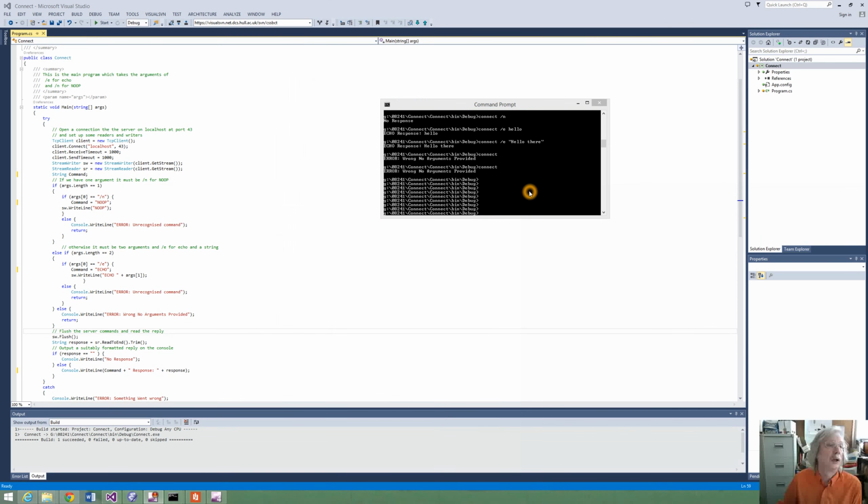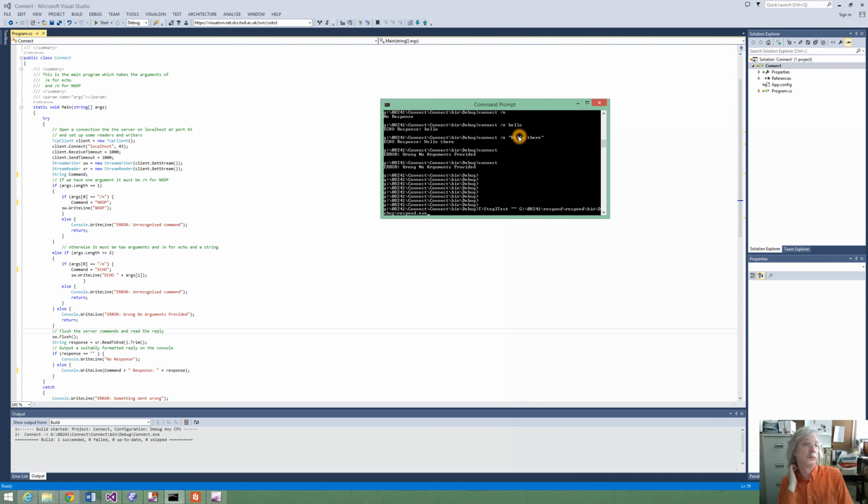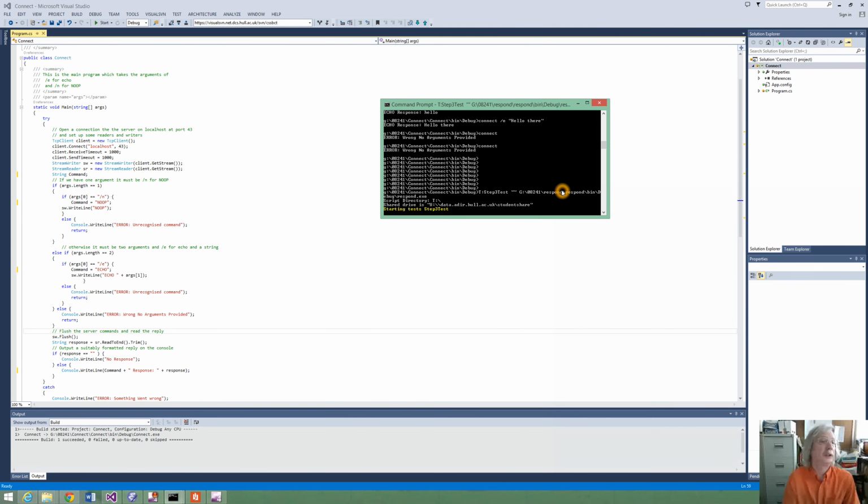So now we can run the test script, which involves us just running under the T drive this thing called T step 3 test. On the second argument, we do need to give it the name of the location of the server, which is G08241 respond bin debug respond.exe, and we can start running the tests,